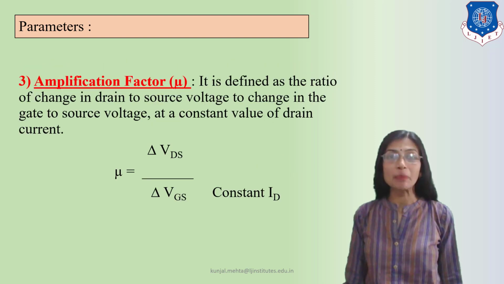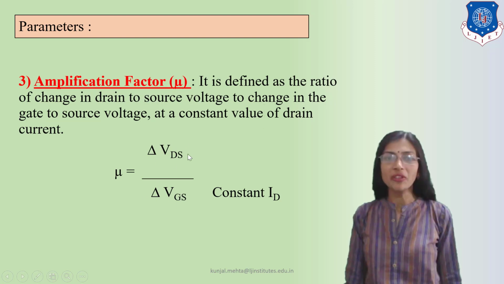Now let me explain the third and another most important parameter, that is the amplification factor, mu. What is the ratio of mu? The amplification factor shows the amplification, that means output voltage upon input voltage. You can take the ratio of change in drain to source voltage to change in gate to source voltage, that means delta VDS upon delta VGS. The delta VDS shows the change in drain to source voltage, that is the output voltage, upon delta VGS,